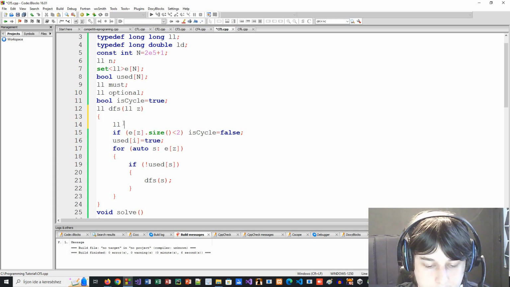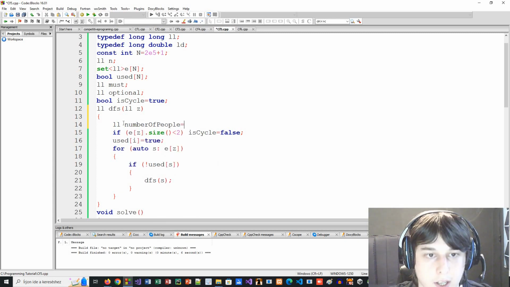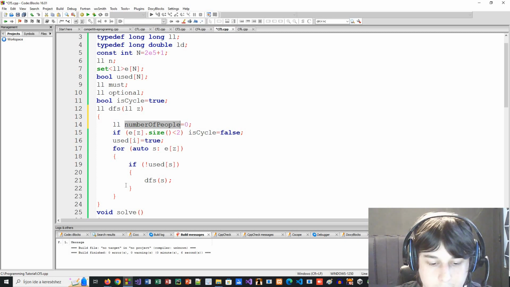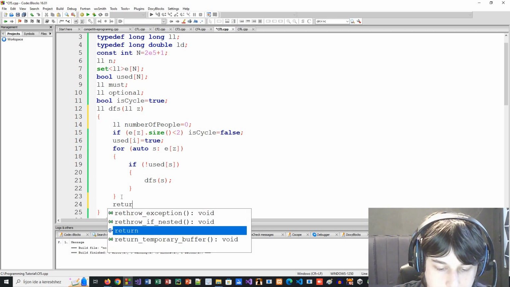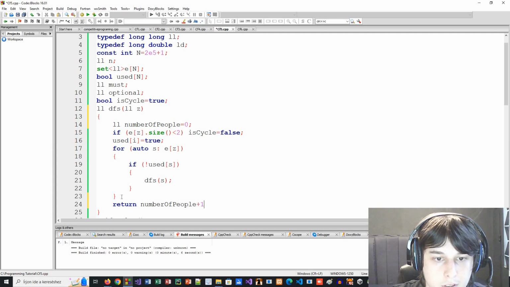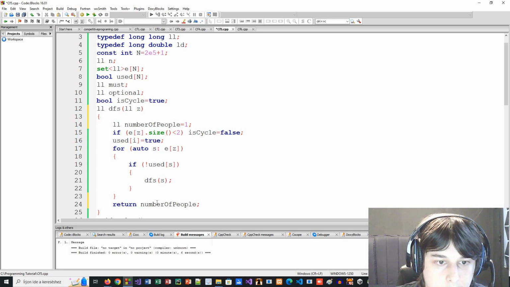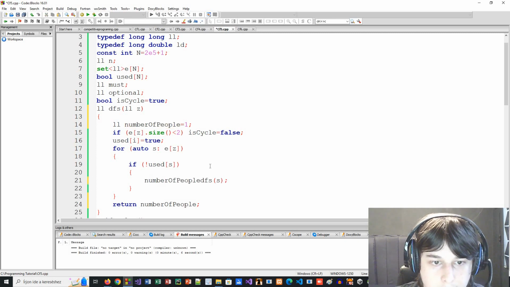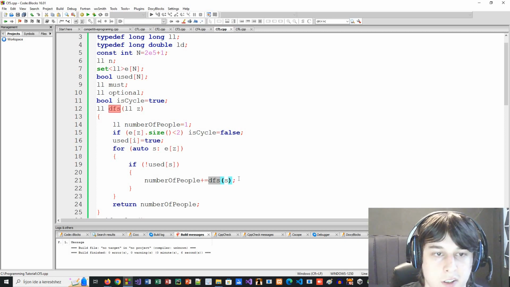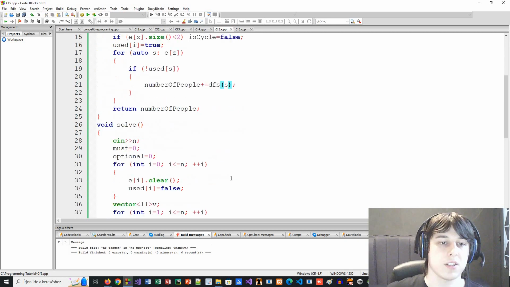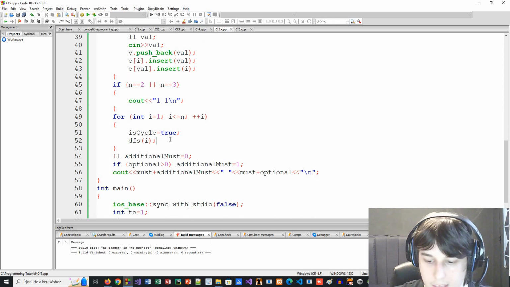So to check that case, actually just set it at 1 because we already did this one, and here I will just increase it by this. So we set a default, we set a return value of this, and here if